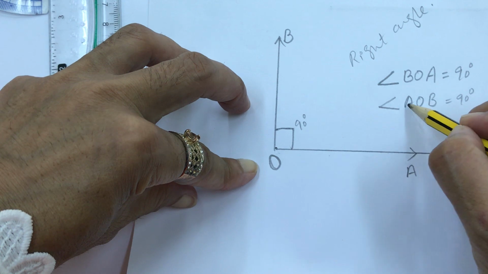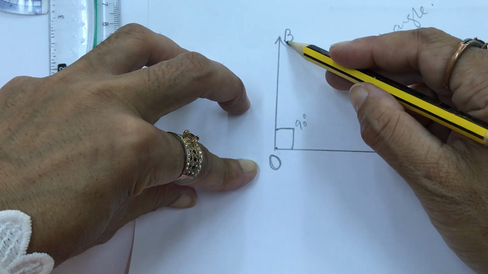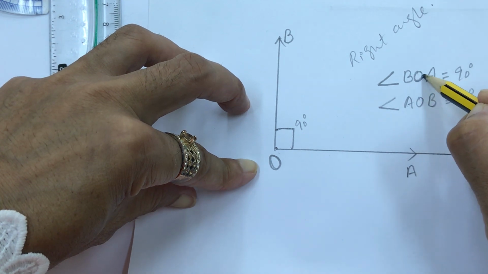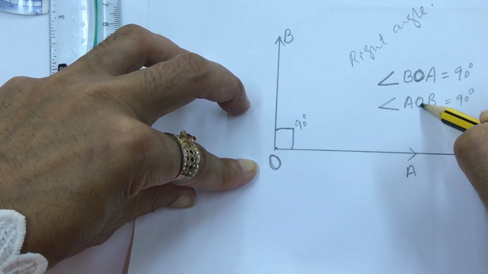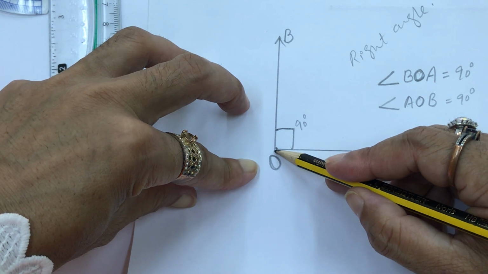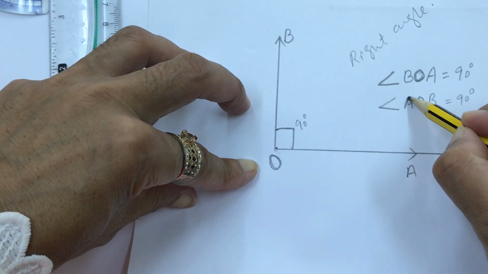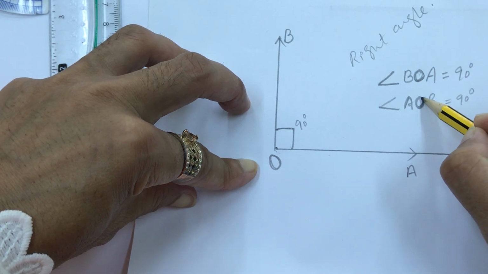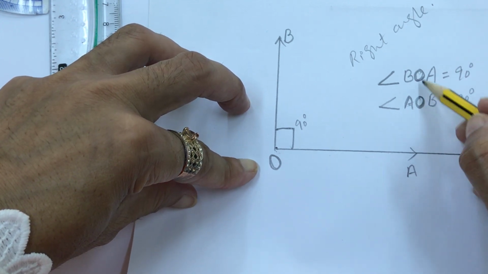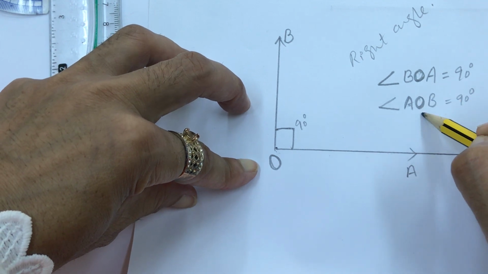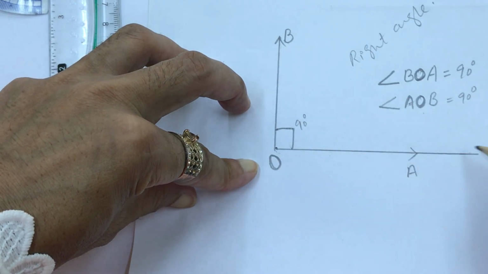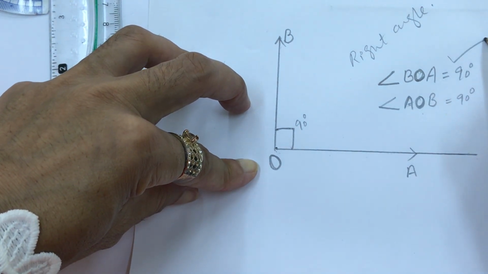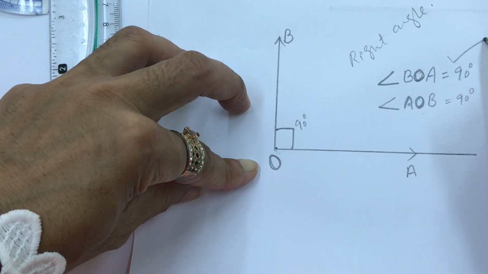But you can change the position of these 2 points over here, but you cannot change the position of this middle origin point, that is actually the vertex of the angle, the vertex of these 2 arms. So when you show the angle in the notation form, your vertex should be in the middle position, because this vertex is actually the middle part of these 2 arms. So this one is the notation form to show the angle.